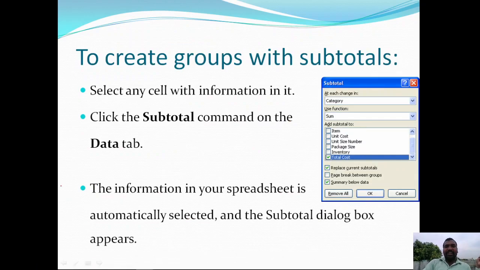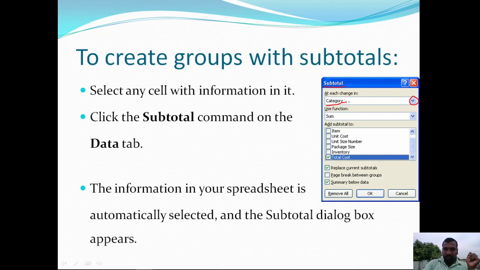To create a group with subtotal, this is the subtotal pop-up window. At each change in, if you click on this drop down button, all the column names are displayed. Among these column names, you need to choose one column.